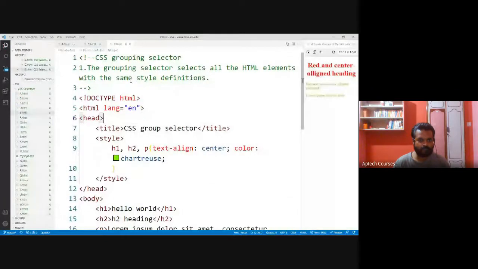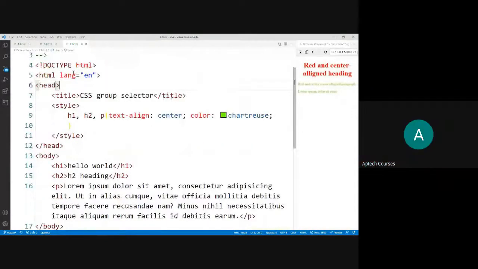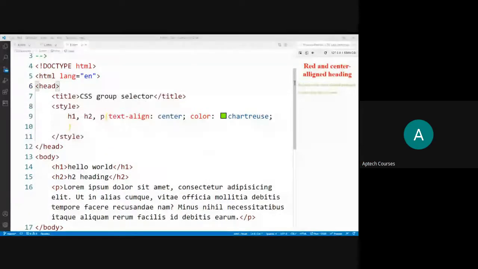Now multiple selectors. It is what we call grouping selector. CSS grouping selector.